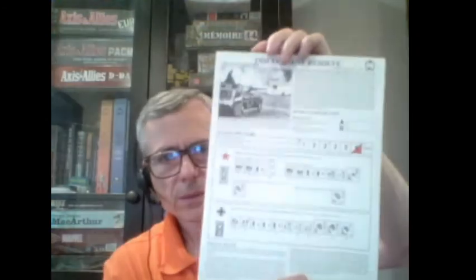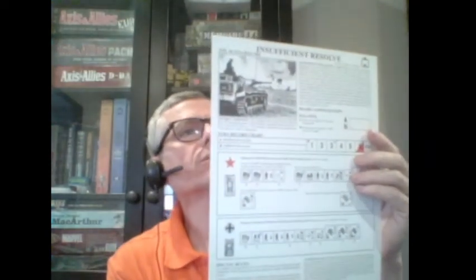Sorry if it's a bit fuzzy, but I highly recommend that you buy the pack. Most of the scenarios are designed by Ken Dunn, Chasseur Jean, and David Cheever. If I mispronounced any of those names, forgive me. Insufficient Resolve, so we're off to Russia 1941. And the backside of that is Tiger's Roar, Russia 1943. Here we got Going Commando, I think that sounds a bit strange, but anyhow,